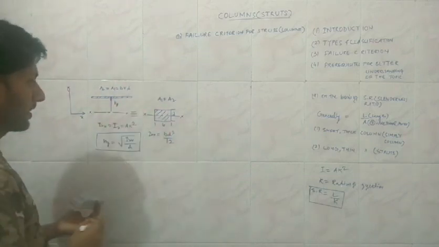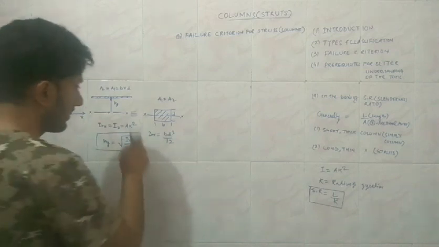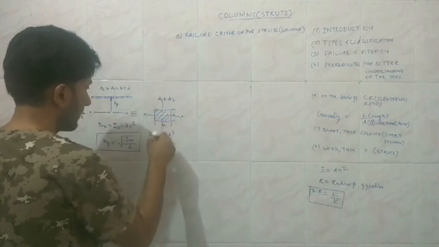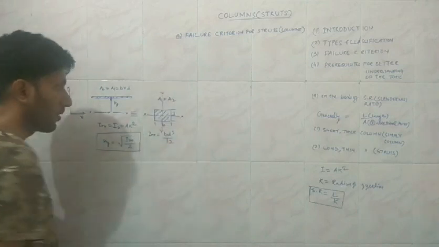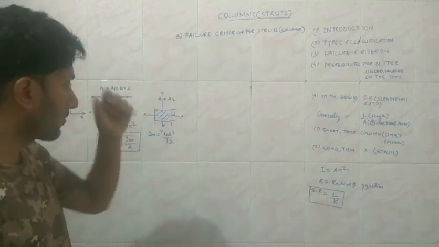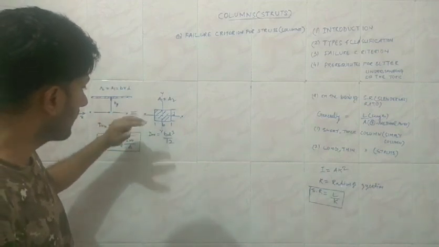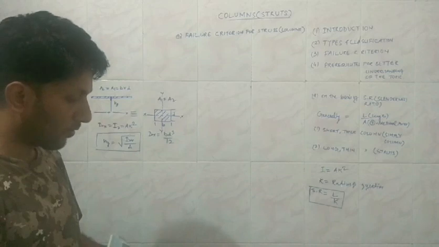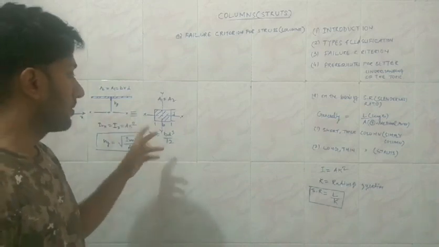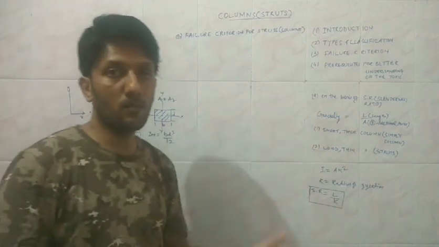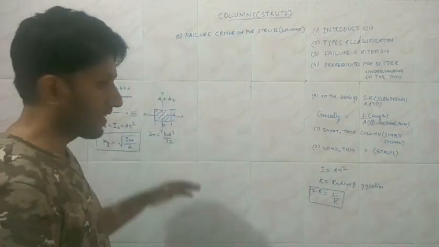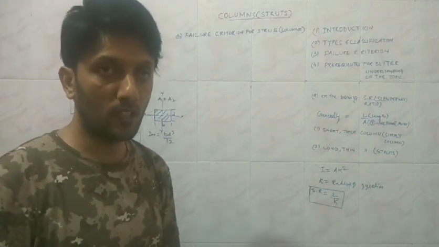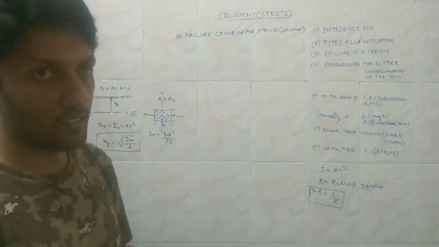Actually, you see, there are two principal axes over here. One is the longitudinal axis, and another axis in case of this area is the y axis. So it is also important that we identify about which axis it is going to bend, whether it is going to rotate about the x axis or about the y axis. As I have already told you, the moment of inertia provides the resistance for the bending. So the axis about which the moment of inertia is greater is going to provide greater resistance in comparison to the other axis about which the moment of inertia is lesser.